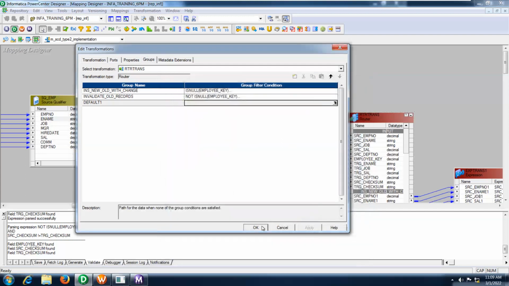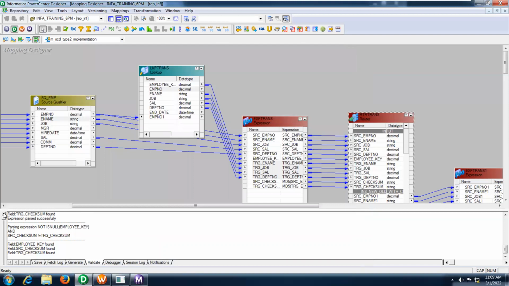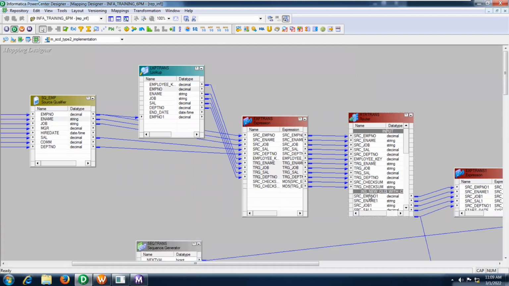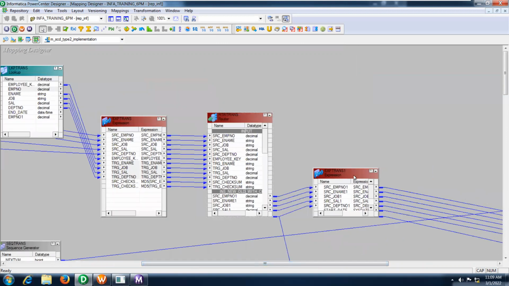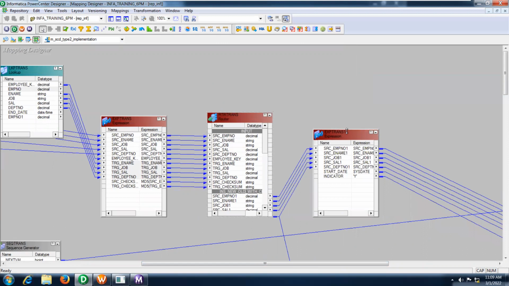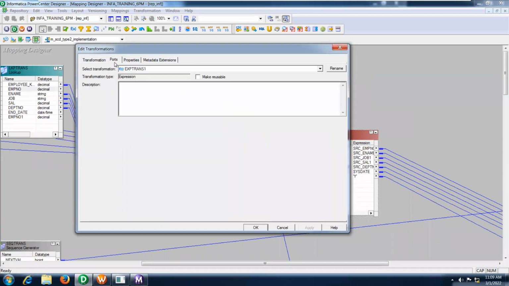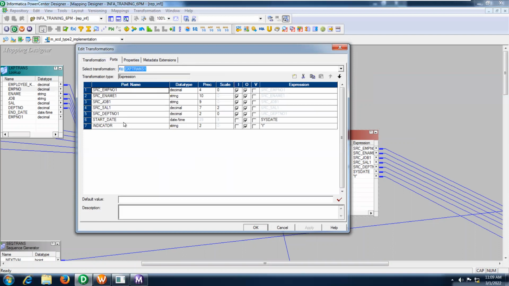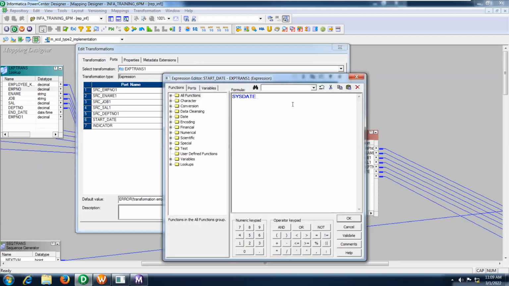Okay. I'm going to show you one more transformation here. This is the expression transformation. I just added the expression transformation here to take the start date or insert date. Insert date, you just take it as an output port and you can provide SYSDATE.